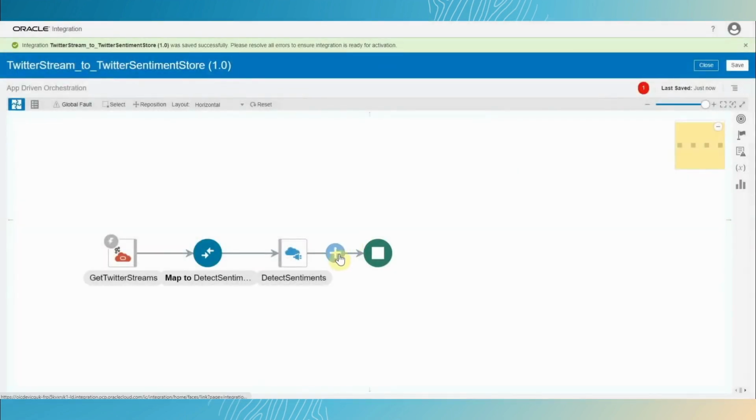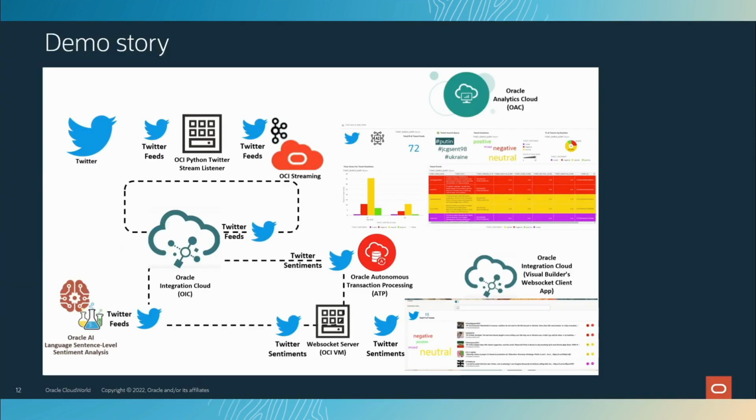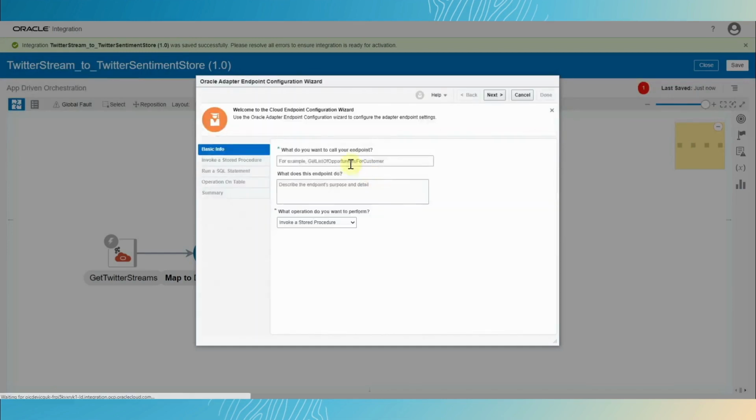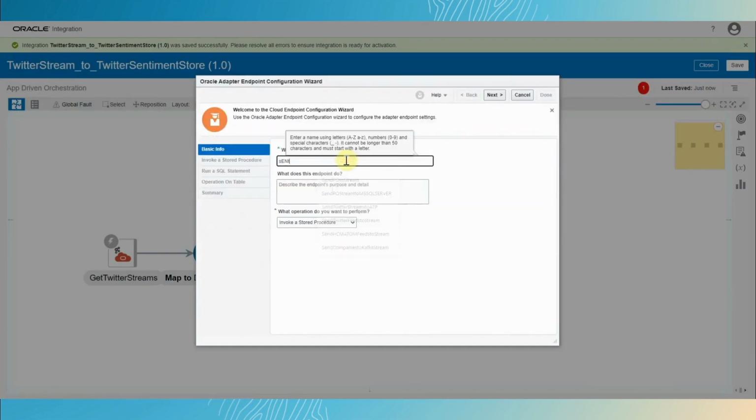So the next part is to remember we already did this. Now we need to load the feeds and the sentiments from Twitter into Oracle ATP. That's what we are going to do. Next, I just need to use my ATP adapter, right? And send